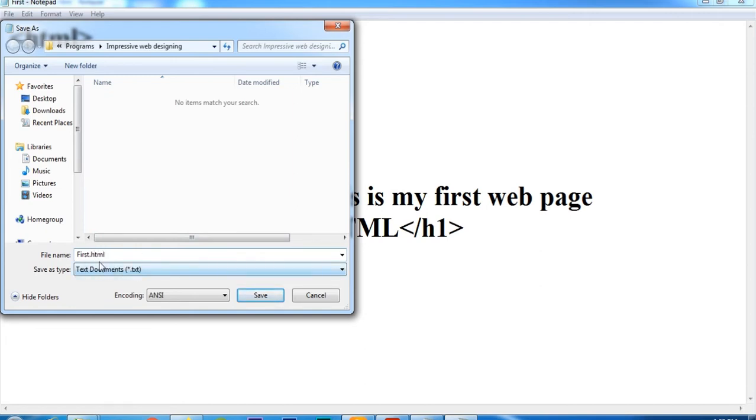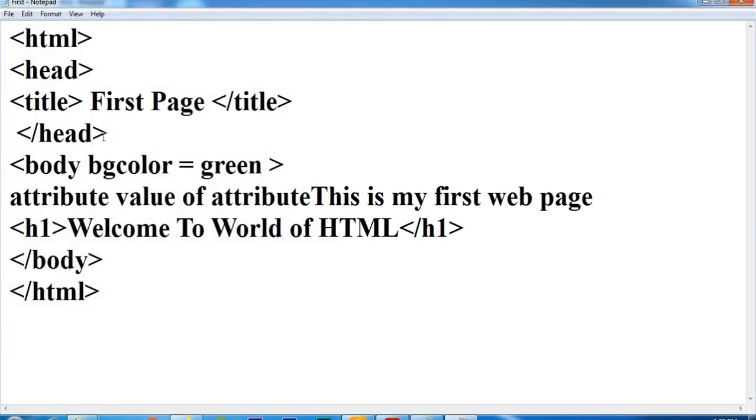You must give the .html extension for saving this HTML program, otherwise you cannot run it in the web browser. So I have already saved it.